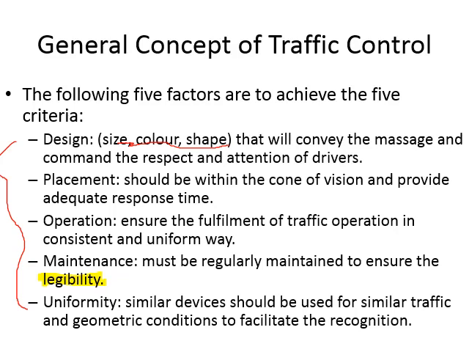Then you have to maintain uniformity in the design. You cannot put a stop sign in red color somewhere and then in blue color somewhere else. The devices should be in uniform color, size and shape so that the drivers can easily recognize them. Like I gave you the example, triangular signs are normally for warnings, but if you put a warning in triangular shape in one place and in another place you put it as a square, then it will create problems for the driver to recognize which sign is for what purpose. So design should be uniform,